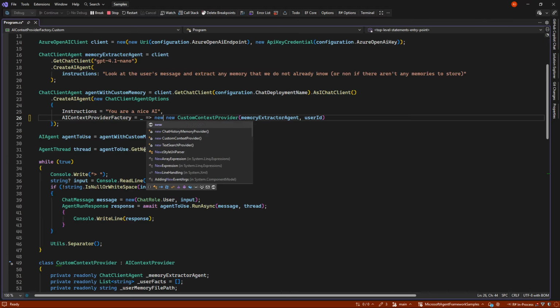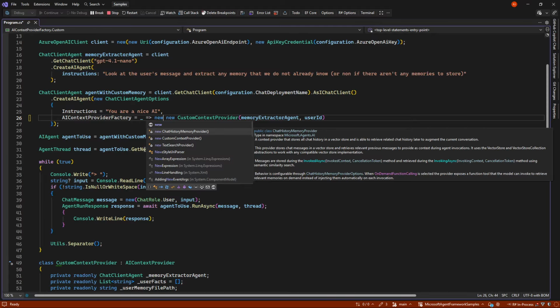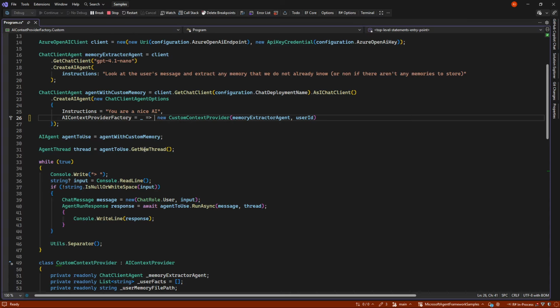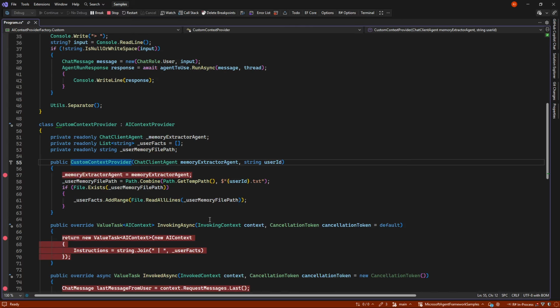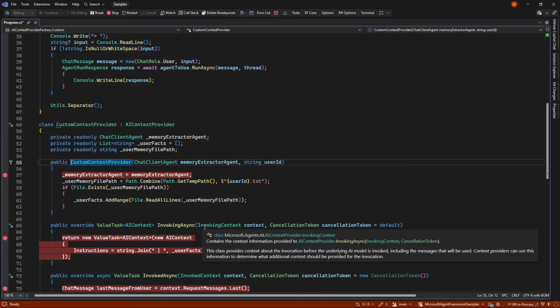There's other AI context where Microsoft has built something by itself. They have a chat history memory that uses vector stores for this data. And they have a mem0 that does something similar. But I like the fact that you can control it yourself, how it can be done, that you can forget stuff again, or whatever you want to use this for, because it's essentially just before and after any LLM call, do something.